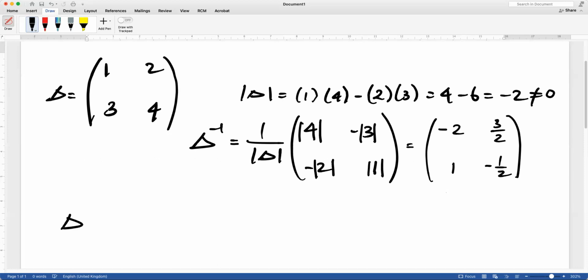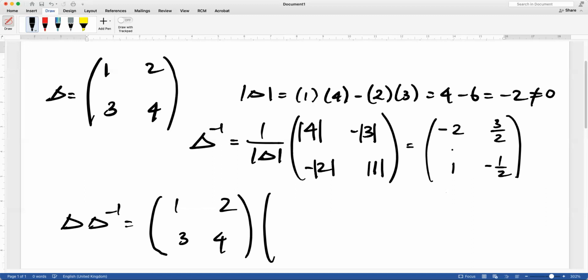We can try delta inverse. So that is going to be 1, 2, 3, 4. Uncle, how did we get the next step? Oh, you divided everything by -2? Okay, divided by -2. Yes, uncle. Okay, I think I have done it correctly. Yes, uncle. This is -2, 3 over 2, and then this is 1, and this is